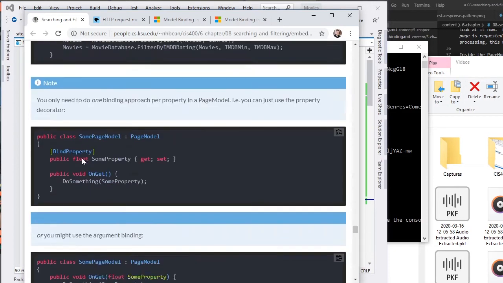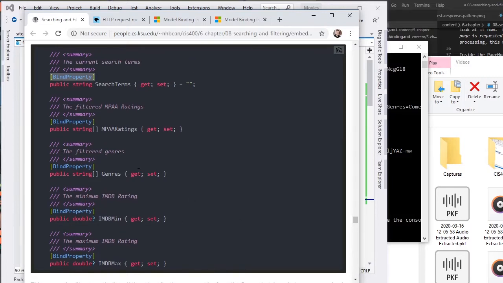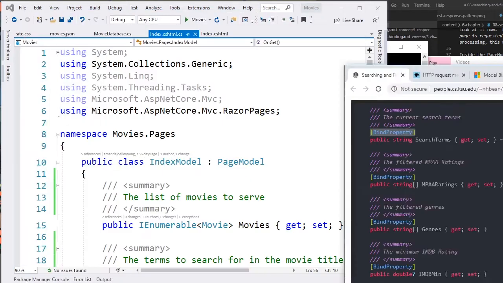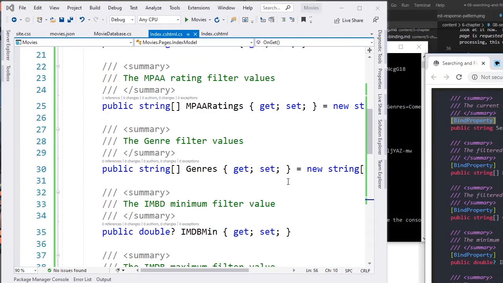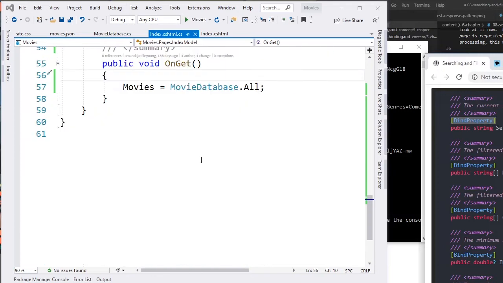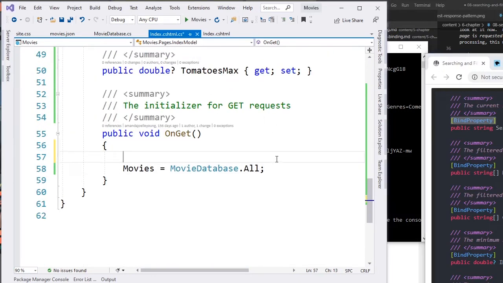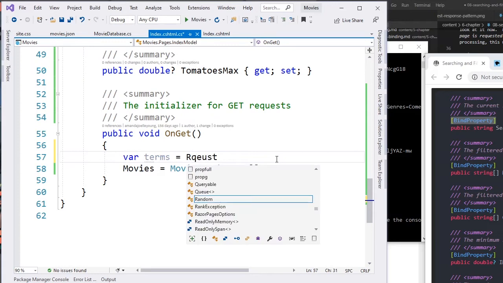Now, if you read in, you'll notice that at one point I talked a little bit about how there were different ways of tackling, bringing in, and binding properties. And let's go ahead and talk about a couple of those. So the first one that we talked about was using the query object. So say we wanted to get the search terms out of the request, we would look at